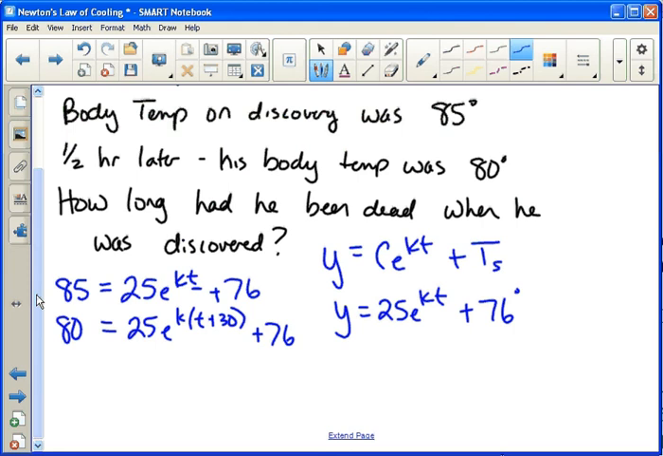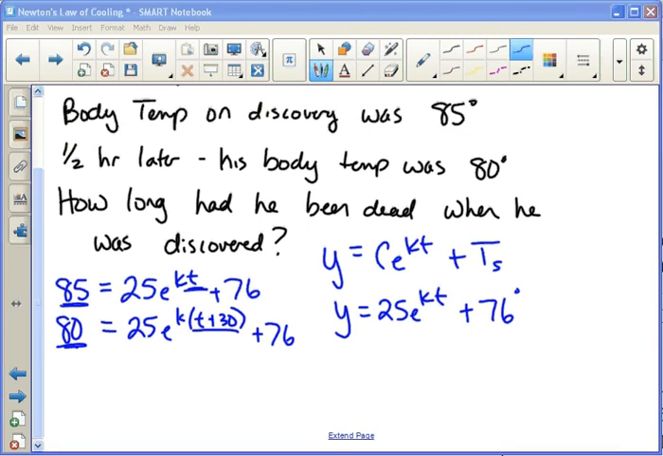Okay, but I want to explain this part again because this is key. He was 85 degrees at the time that he was discovered. He was 80 degrees 30 minutes after that time. So the time he was discovered plus 30. So this is going to allow us to solve for the K, and then we can solve other things. So the key here is that we are trying to solve a system of equations. We have a K and we have a T, and we have two different